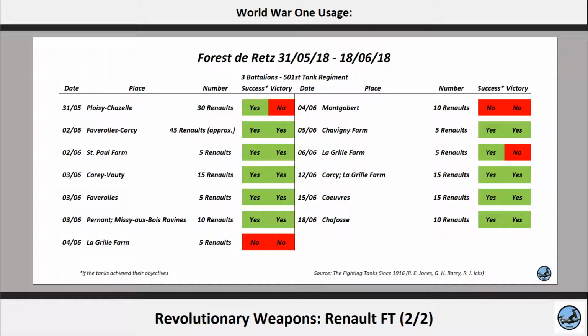On the 2nd of June, companies 307th, 308th and 309th of the 3rd Renault Battalion were used to support an attack near Faverolles-Courcy. Here the infantry cooperated with the tanks and together they were able to advance 250 yards beyond the objective. Then the various platoons were divided from one another to support smaller attacks with great success, except when on the 4th of June the attack on Grill Farm was handicapped by heavy woods. The first attack succeeded, but the forces were then forced back and the farm had to be attacked again the